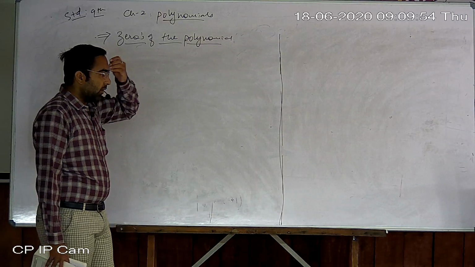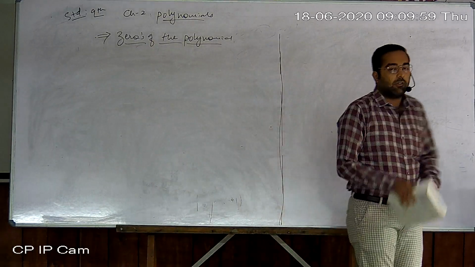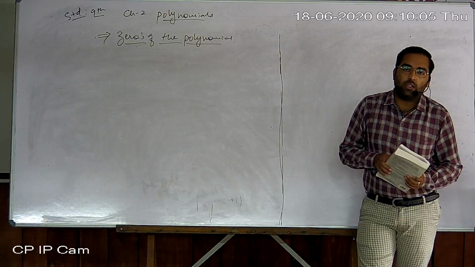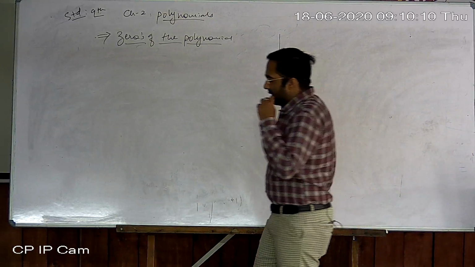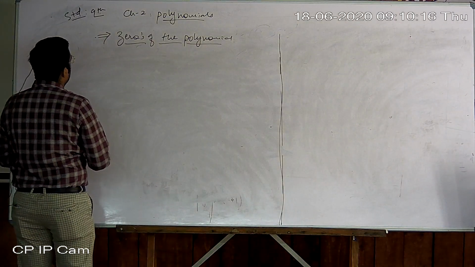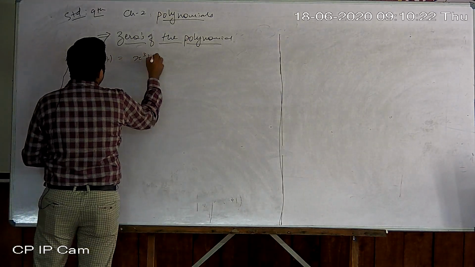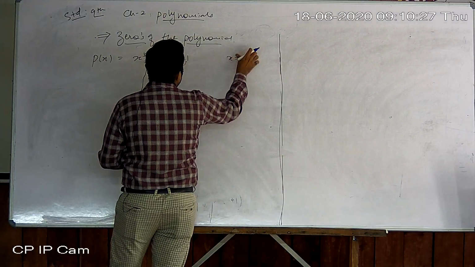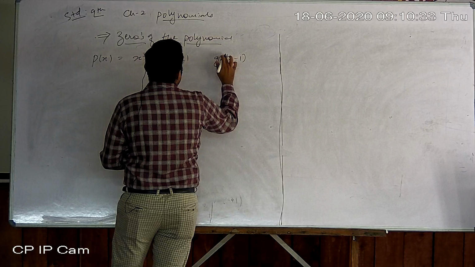Okay, in the factor theorem we have to check that given polynomial g of x is a factor or not of the p of x. g of x is one of the polynomials, is a factor or not of the p of x. We are taking p of x equal to x cube plus x square plus x plus 1, and we have to take g of x equal to x minus 1. Here is my g of x is equal to x minus 1.